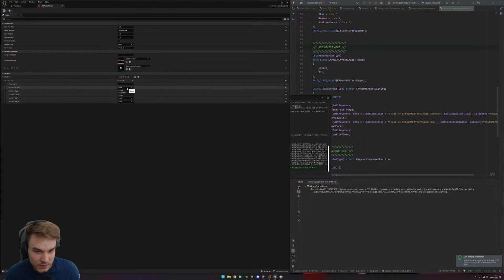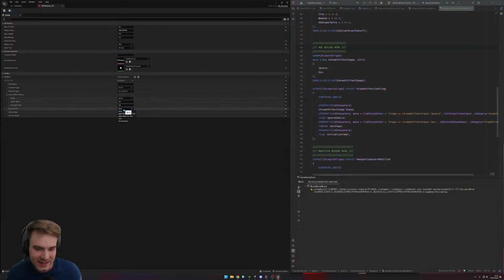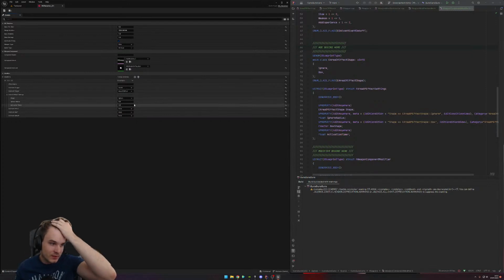So if we do this, event trigger on hit, area of effect, it's a sphere and then it does that, it's a box and then it does that. Oh my god, this is so good. Oh, I love it. I love it so much. And then we have to check that. We can have buffs, which would be,